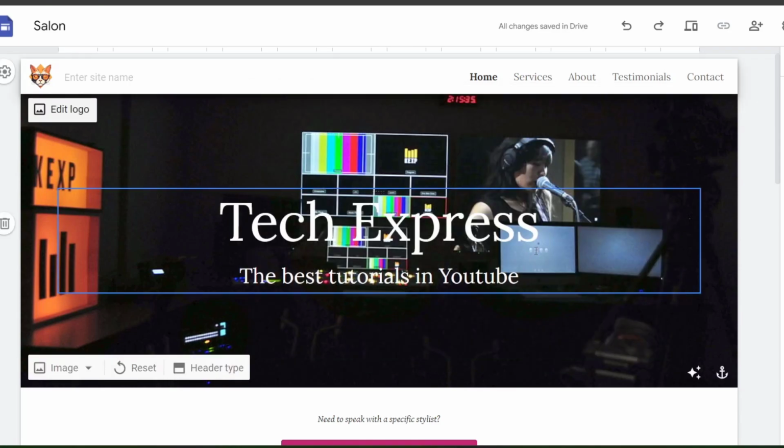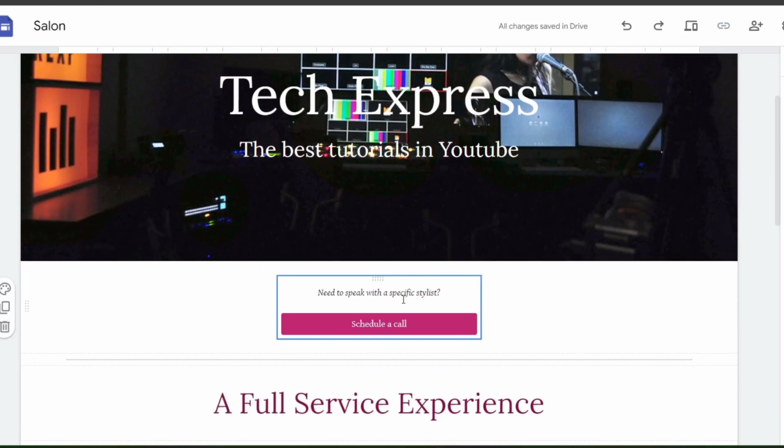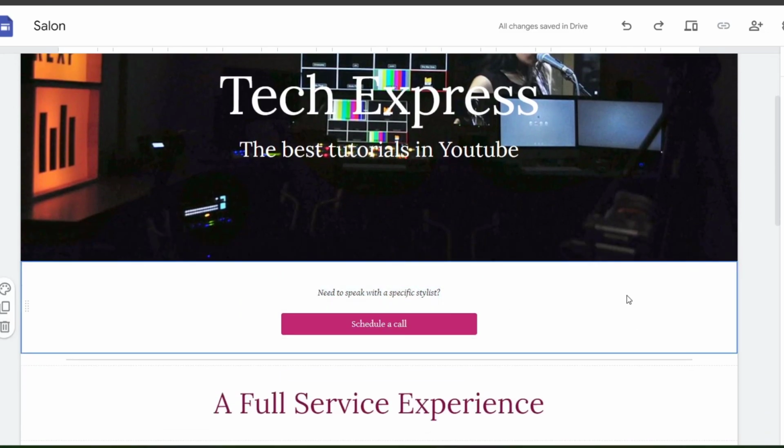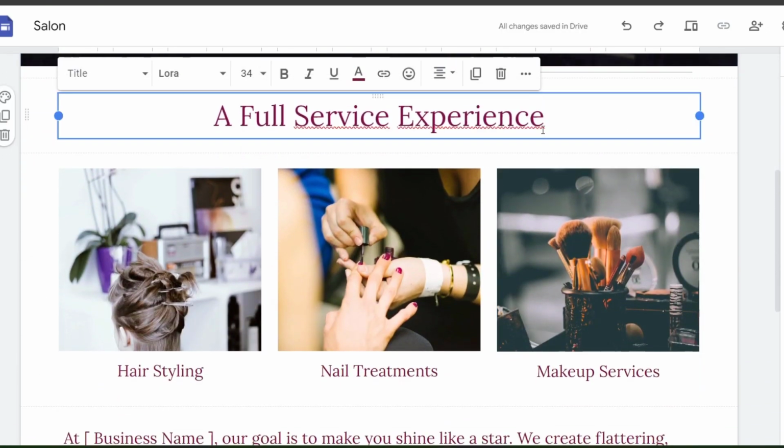I'm going to close this and I'm going to start to customize my store or my website. In this case, it needs to speak with a specific stylist. If you have something that you don't want to see, this section for example, here on the left you have the elements of the section: colors, duplicate and delete. I'm going to delete this section and focus now on the elements that I do want to see, a full